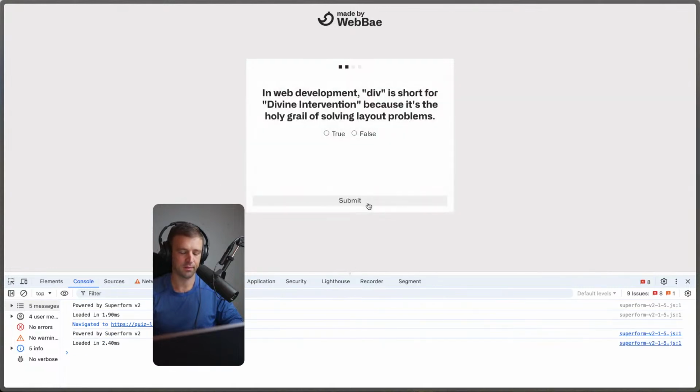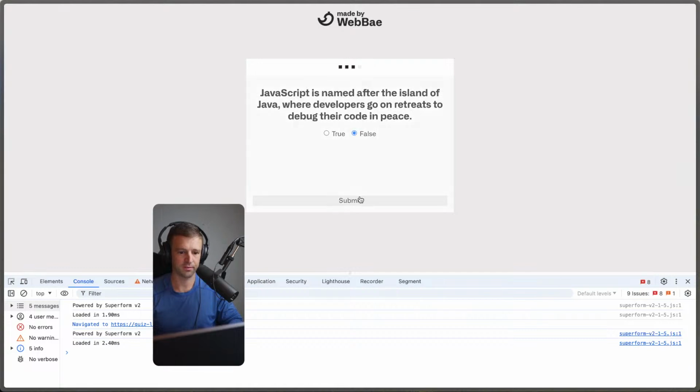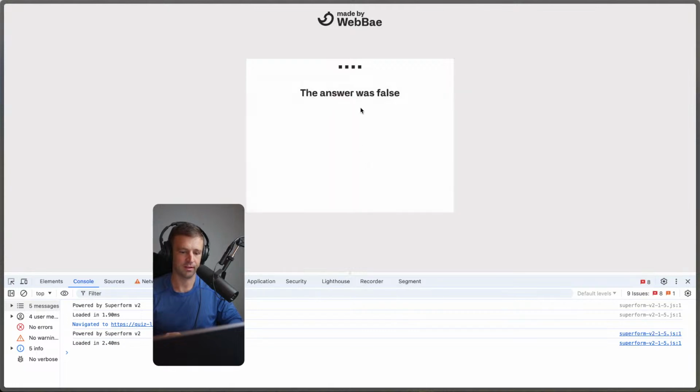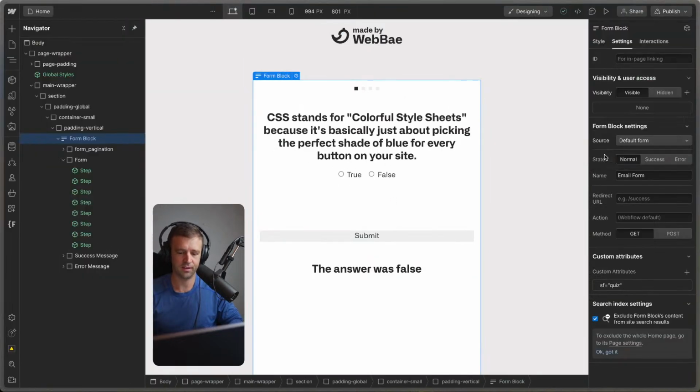All right, there we go. Pagination is working. We're on step 2. That's true. Answer was false. Boom. Now we're on the third one. And here we are on the 4th one. That's true. All right. So I think we're going to need something new. But before we do that, let's keep playing around with this